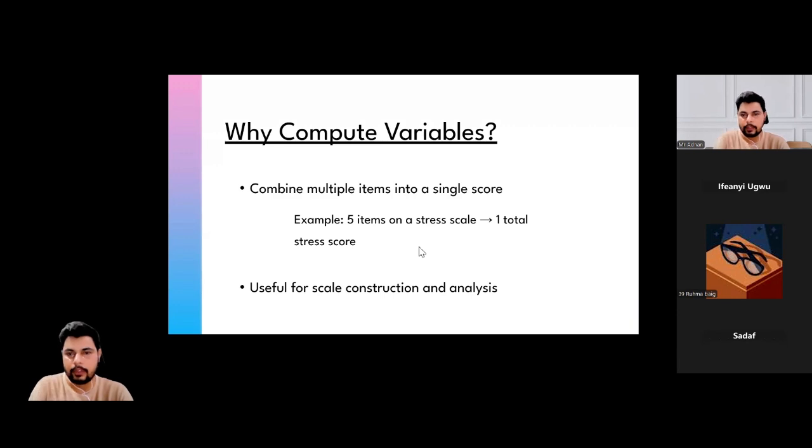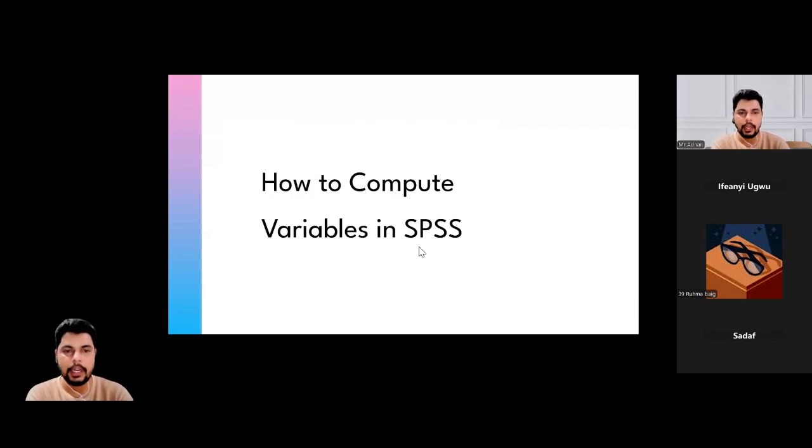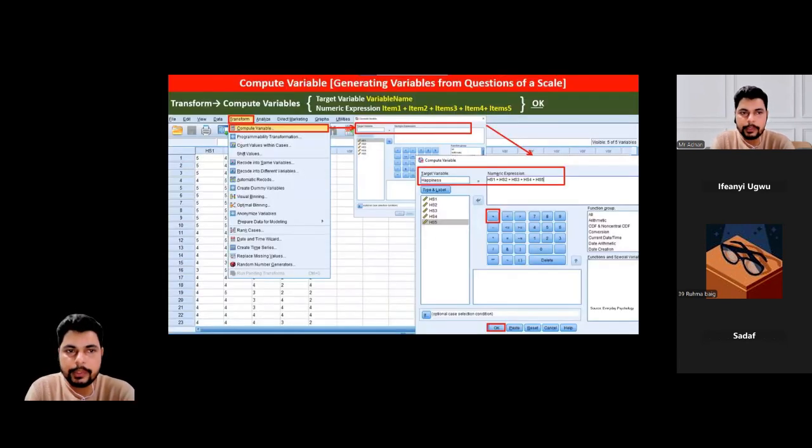This is useful for the construction and the analysis. So the question is, how to compute a variable in SPSS? Basically, this is the pathway. I hope you can see that when we go to the Transform tab and click on it, we see that there is a Compute Variable option. When we click on it, a new dialog box opens, that is Compute Variable. In Compute Variable, we have a target variable. In the target variable, we define what we need. For example, I need low stress or high stress, so I name the target variable there. Then in numeric expression,